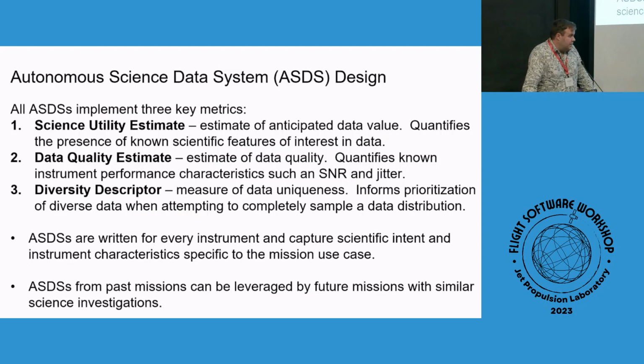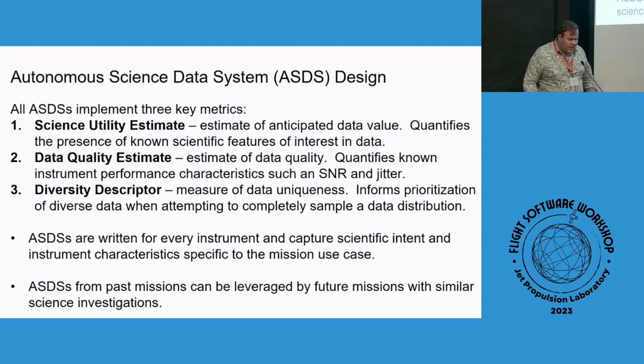Similarly, we do a data quality estimate. So this is if you can onboard, you can check some of your data for known issues, right? Jitter, blackout, right? That image that was only half there, right? If you have known standard things that are going to impact the quality of your data, can you just filter those out? So, for each of these bits of data you're defining, I think this data has a lot of scientific value. And, does this data look right? Does it pass all the kind of standard checks? Maybe it's contrast on an image or something like that, signal to noise, right? You encode all of those things in a standard floating point value that allows you to represent that data more